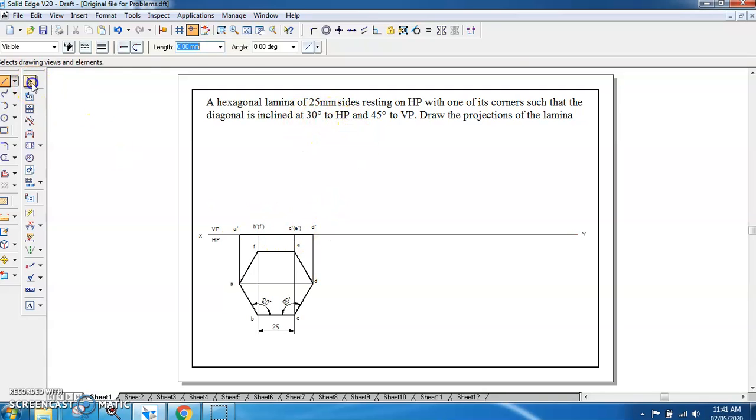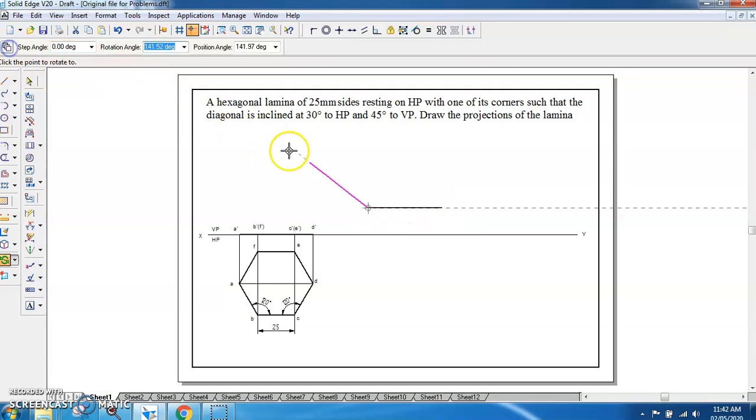So this A dash D dash we have to reconstruct in the next stage, and we have to make it with an angle of 30 degrees. I take the move command, making a copy. From here I'll take it here, right click, and rotate from this point till this.